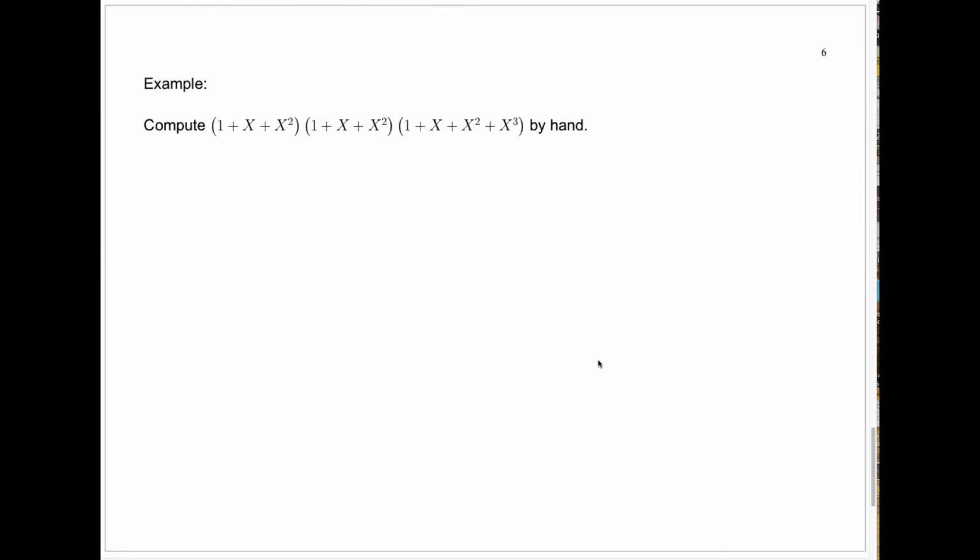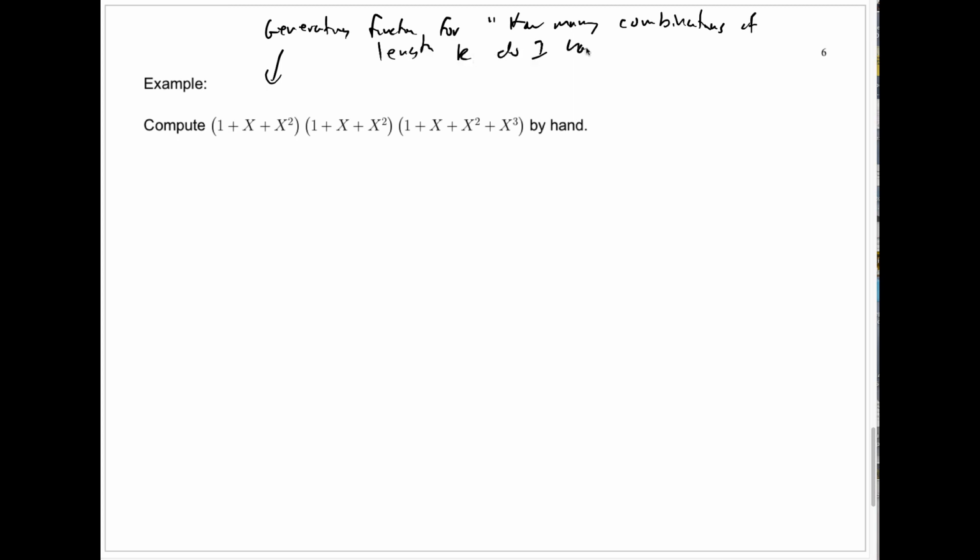Let's look at one more example. This is the generating function we had for the problem we looked at in the last lecture. The problem of, well, let me write it down. This is the generating function for how many combinations of length k do I have from this three-letter alphabet, A, B, C,